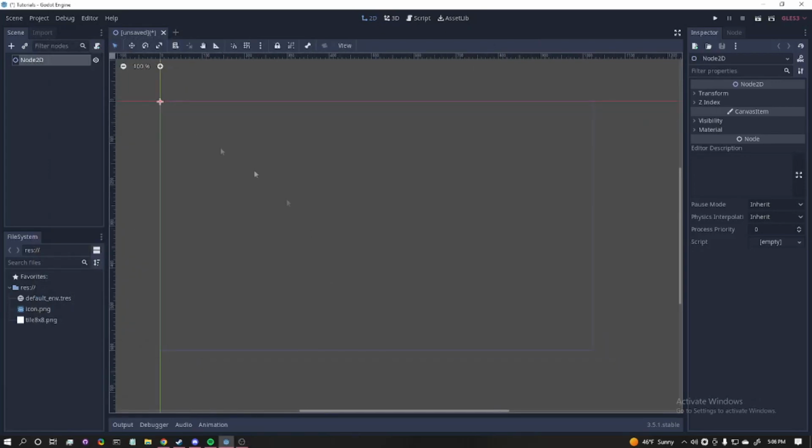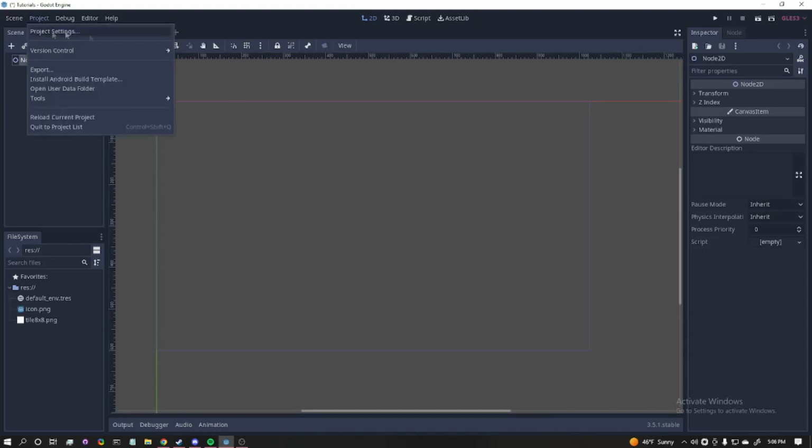Today, I'm just going to show y'all how to create a really basic powder simulation using Godot. What is this, like 3.5? I'm not exactly sure. Anyway, the first thing I want to do is change